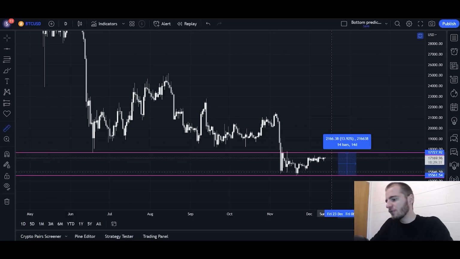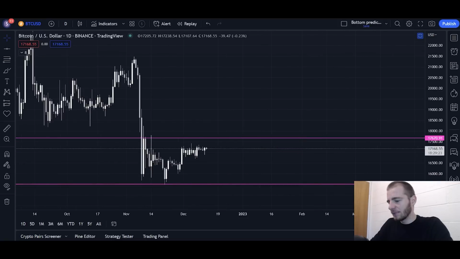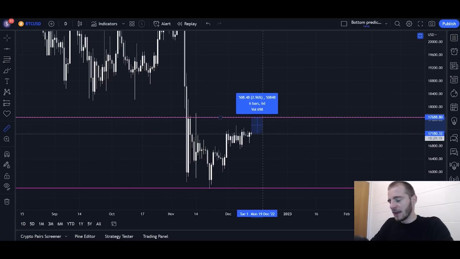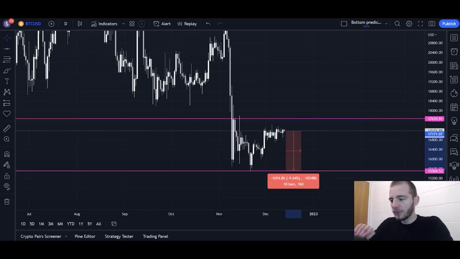At this point in time, we are closer to the top of the range, right? We're a few percent away from the top of the range, actually. If we zoomed in, we can get a more accurate example of how far away we actually are. It would be probably 3%. Yep, 3% from the top of the range, and we are a drop of about 9% to the bottom of the range. So we're on the top side of the range here.